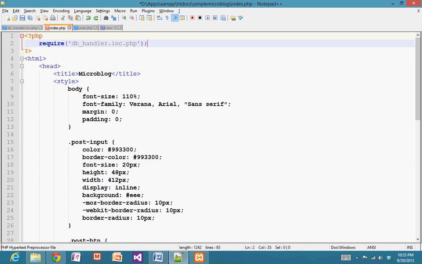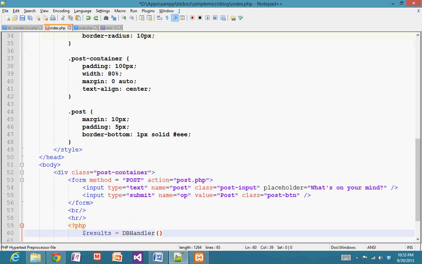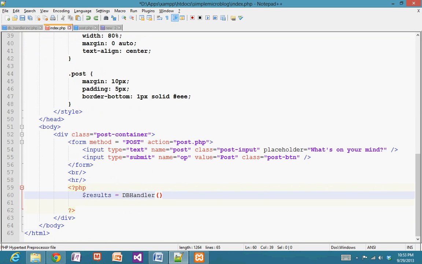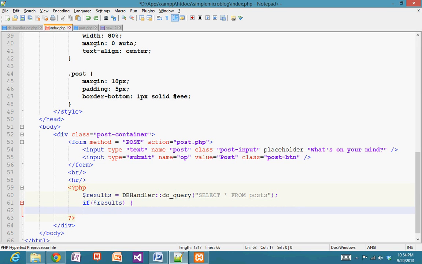Now again, since I mentioned that it's going to query the database, we need to use that DBHandler.php in this index.php source as well. Alright, and you'll see it working here. So we're basically going to use the DB handler, the doQuery function on the DB handler rather, to just do a simple select all statement from posts. Alright, something like that. And then we're going to say, if we have some results, then we're going to process